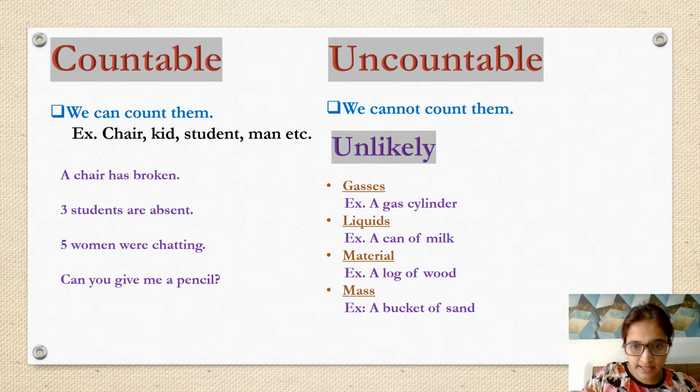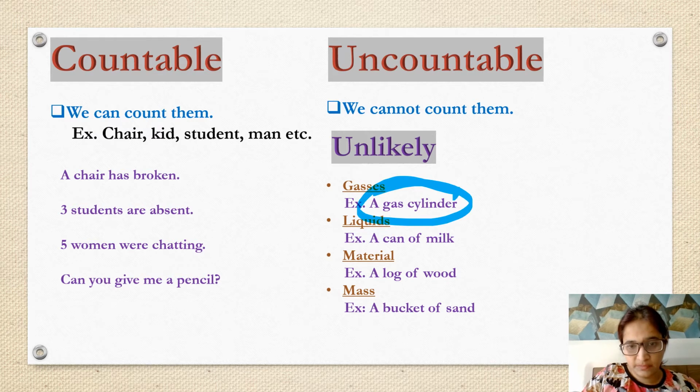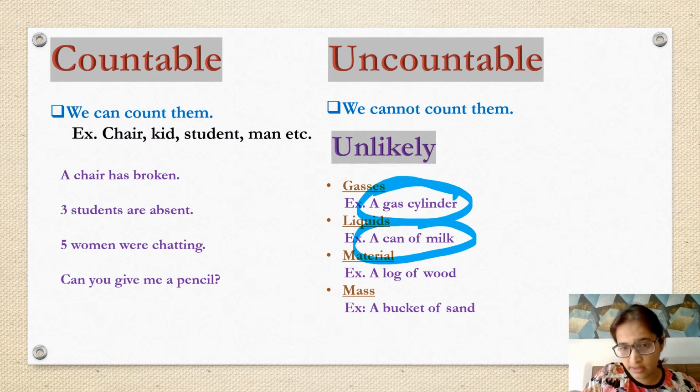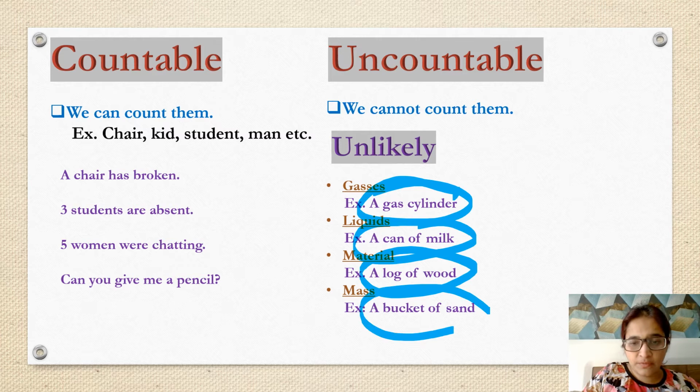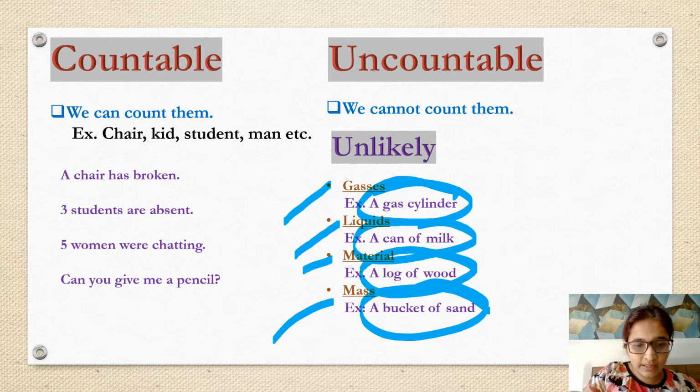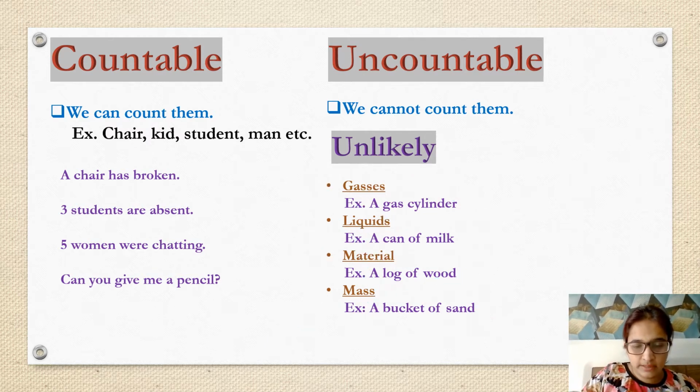For example, a gas cylinder. Okay, you can say a gas cylinder. Liquids, you cannot count a liquid, but you can say a can of milk, a bottle of water, a log of wood, a bucket of sand. So these are gases, liquids, material, mass. These are uncountable nouns, but they are still under the unlikely category because we can still give them a certain